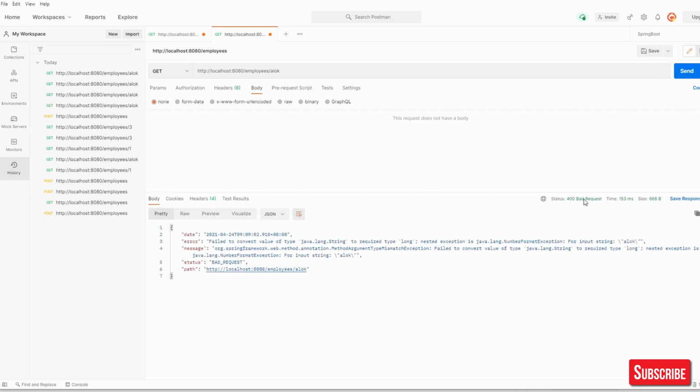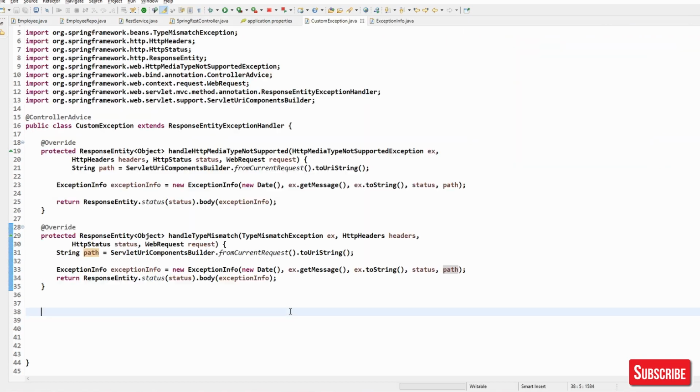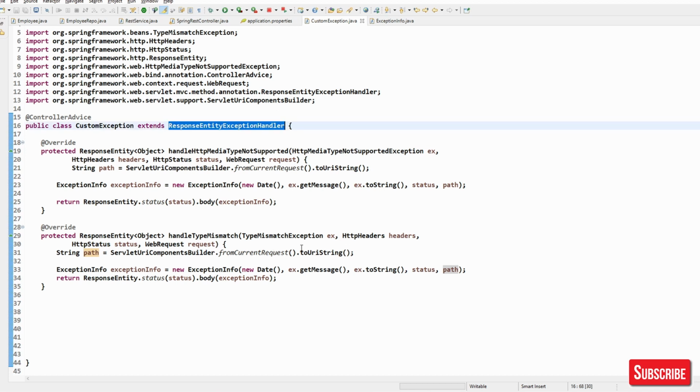And we got a bad request and proper information, number format exception. So this is what we got. Here you can see we have customized the default behavior in our own way. Correct. Now there are a lot of methods in this response entity exception handler, but it is not going to solve all your exceptions. But let's say there are places where you want to have your own exception. How are you going to do that? That's what we need to understand.